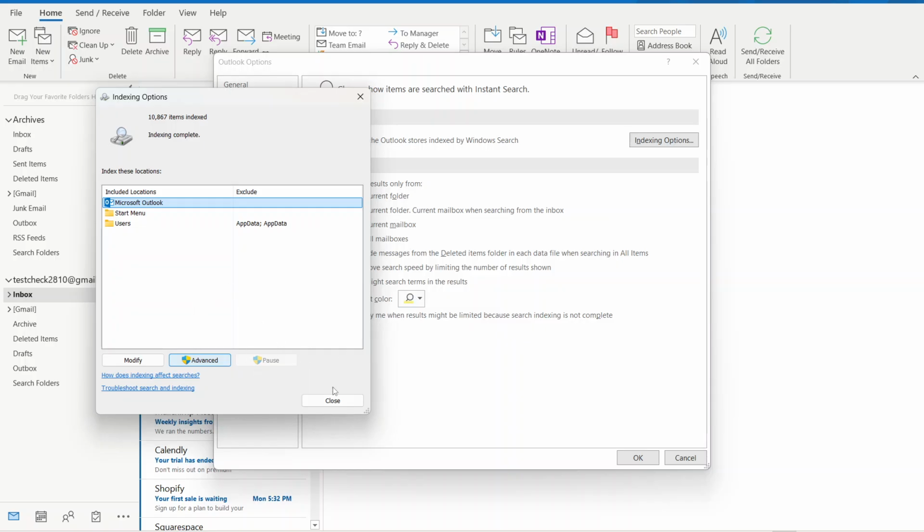Outlook will begin the process of rebuilding the search index. It's important to note that this might take some time depending on the amount of data stored in Outlook. During this rebuilding phase, your search functionality may not work as expected, so don't be surprised if some results seem incomplete. Give it a bit of time, and once the new index is complete, you should notice a marked improvement